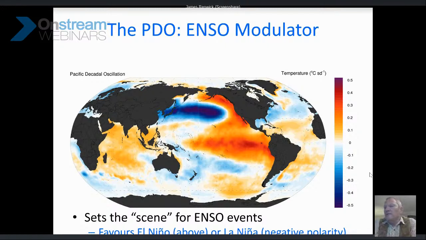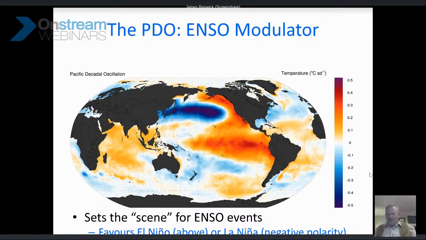And then this whole thing flips over and it becomes cooler in the equatorial Pacific, and it becomes warmer east of Japan and around New Zealand. That's the negative PDO. And in that phase, it's easier to get La Nina events. So you can have quite opposite influences on what happens to the sea ice across the